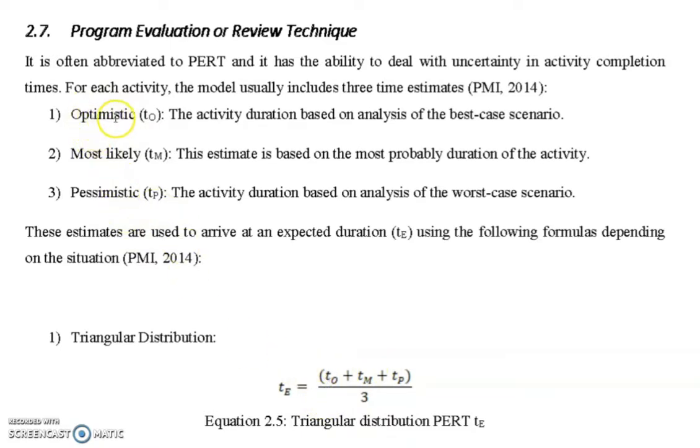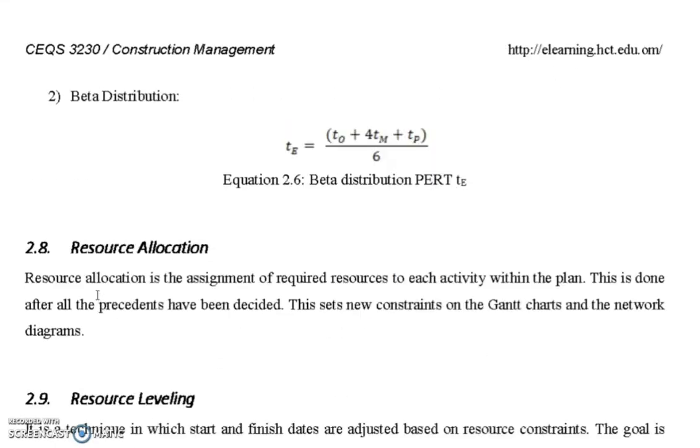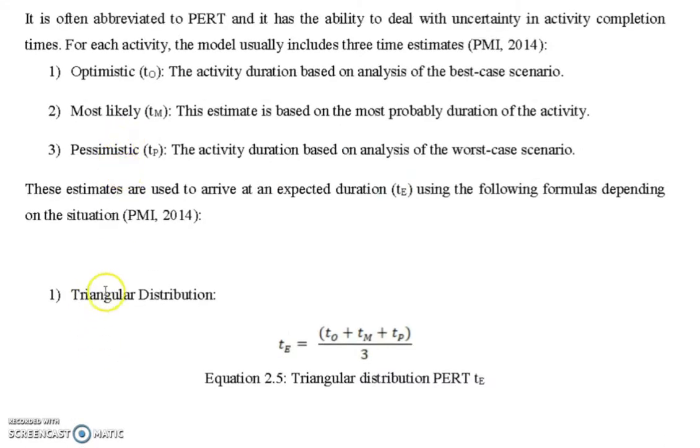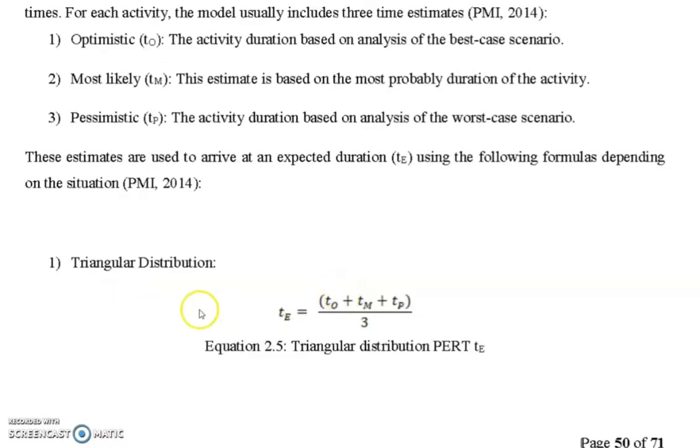These values: the first one is called optimistic, and maybe you can use the letter O instead of using TO, TM, TP. Optimistic means the activity duration based on the analysis of the best case scenario. The most likely estimate is based on the most probable duration of the activity, and pessimistic is the activity duration based on the analysis of the worst case scenario. And so we said that we have two equations or two formulas. When we use this formula, which is called triangular distribution, and the beta distribution,